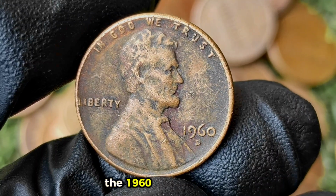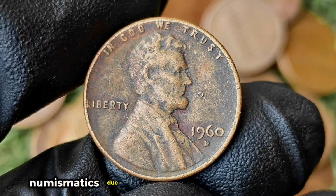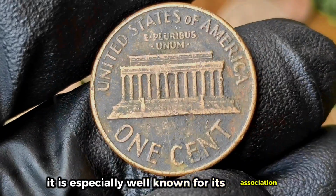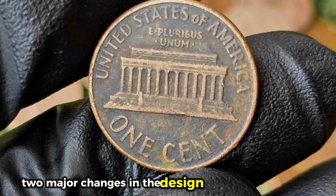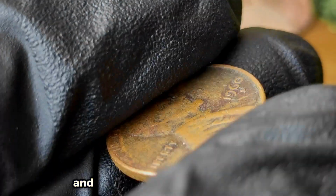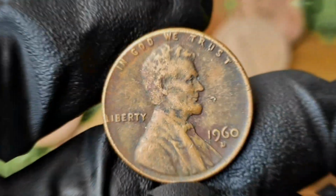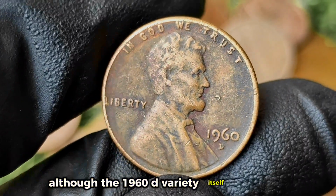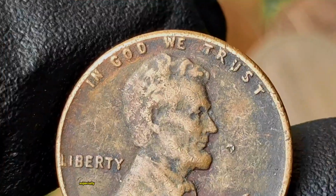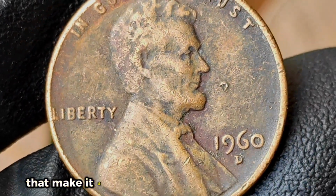1. The 1960 Lincoln cent is one of the most notable coins in modern U.S. numismatics due to a variety of important features. It is especially well known for its association with two major changes in the design of the Lincoln penny, with the change from the wheat reverse to the Lincoln Memorial reverse, and the unique 1960 small date vs. large date variety. Although the 1960 variety itself is not rare in general, it has become an essential coin for collectors, especially those interested in the minor but significant variety and error issues that make it a fascinating part of